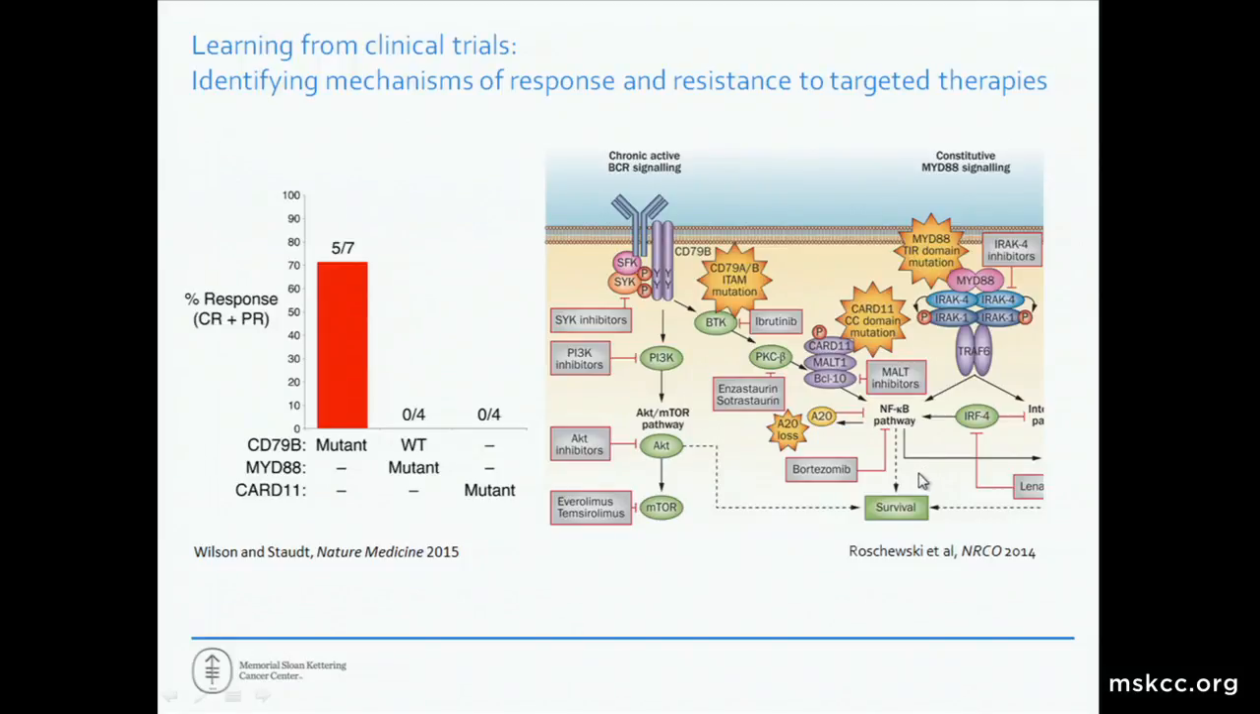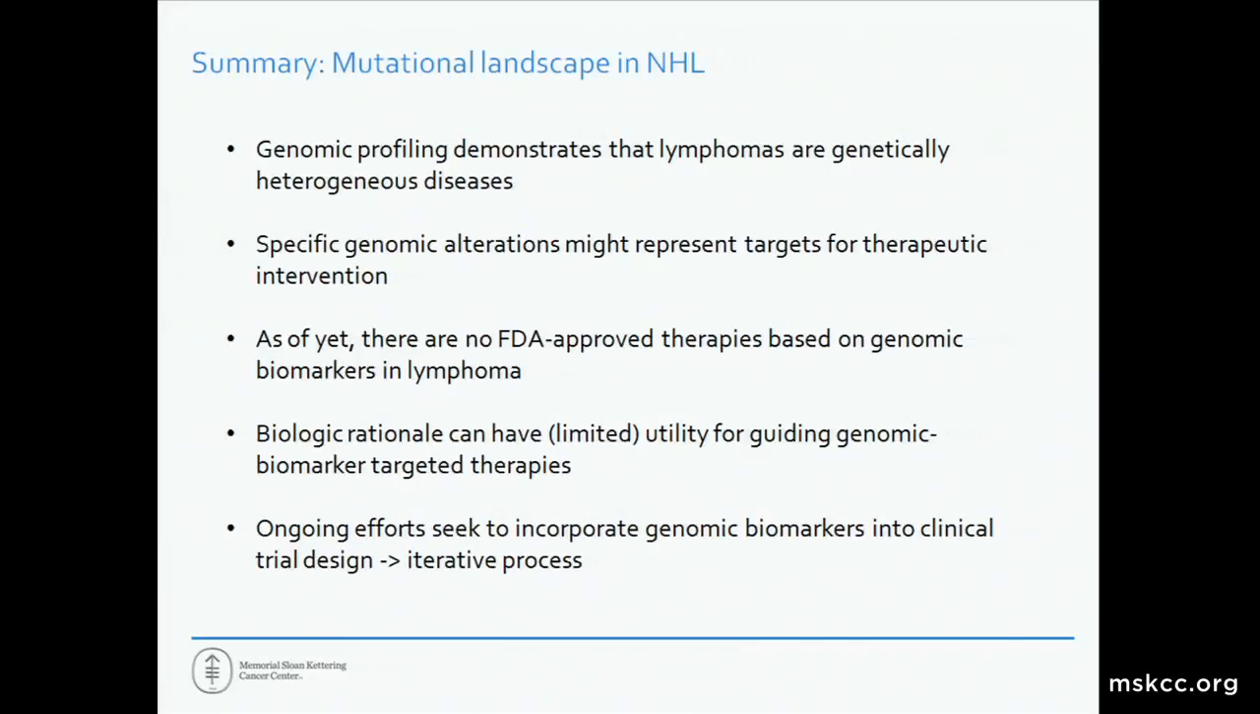So these are just some of the types of things that we're learning, and I'll summarize by saying that genomic profiling demonstrates that lymphomas are a genetically heterogeneous disease. We think that specific genomic alterations represent targets for therapeutic intervention, but as of yet, there's no FDA-approved therapy based on a genomic biomarker in lymphoma. We know that our biologic rationale can have utility, albeit sometimes limited, for guiding these genomic biomarker-targeted therapies,